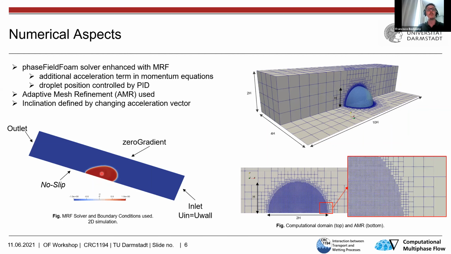And the position of the droplet is controlled by a PID controller, which will regulate the wall velocity to keep the body center in the same place. So here is the computational domain. As you see, I'm using AMR over the whole volume of the droplet, and this is because we are also interested in the fields inside of the droplets, so the energy fields and the velocity fields inside of this droplet.